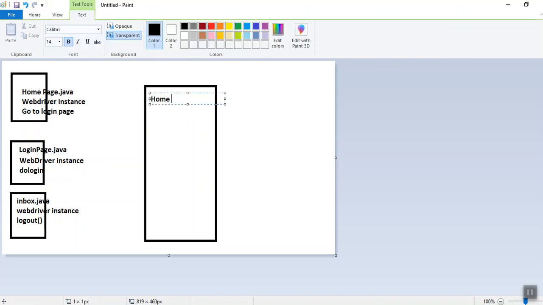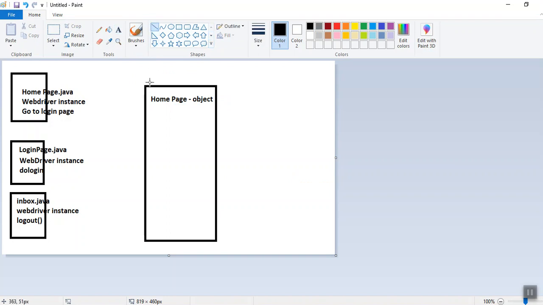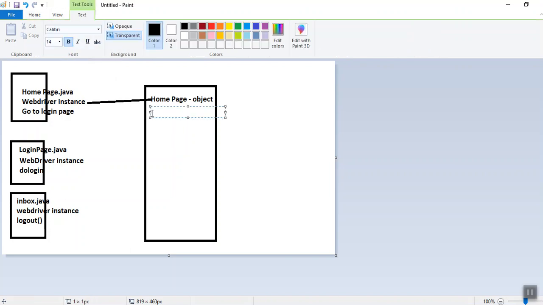As soon as the home page object is created, it initializes the driver object, and you can give it any name. With this object, we will call the function go to login page.